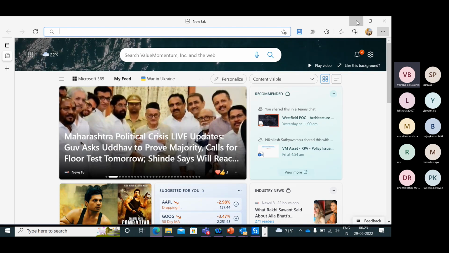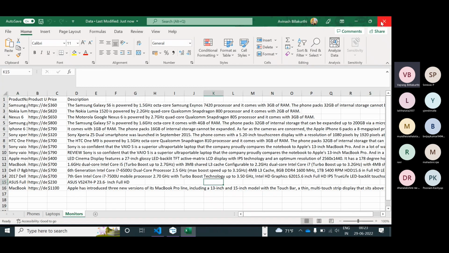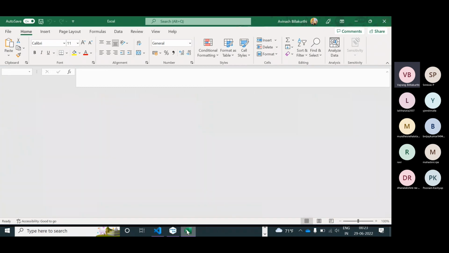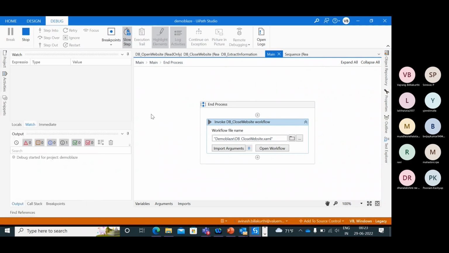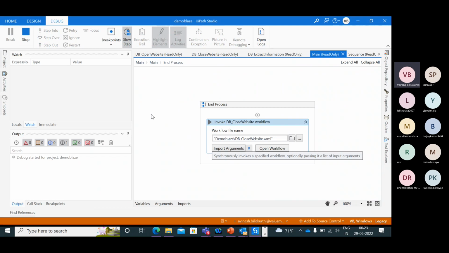Okay, now things to mention or things to check. Let's assume that while opening the website, while debugging, let's have slow step. We opened it. Let's assume that the page opened, and all of a sudden the page gets closed.